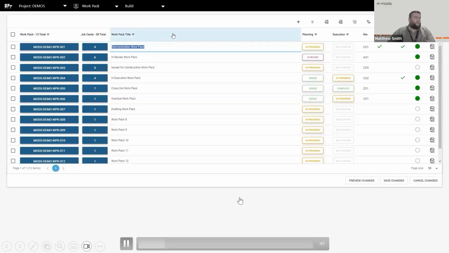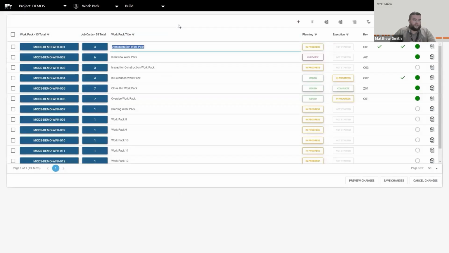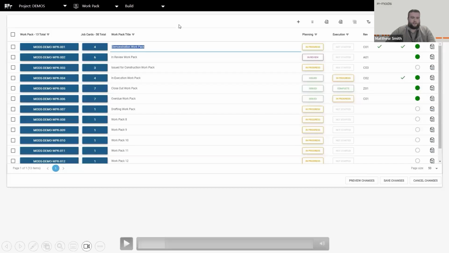We come into here, this is our WorkPack index. This is the very beginning of the build process. So essentially any WorkPacks that have been imported will be listed here within your project WorkPacks. It also acts as a bit of a dashboard, as you can see, where we can see the WorkPack numbers,